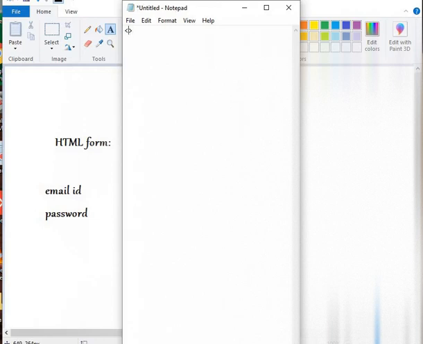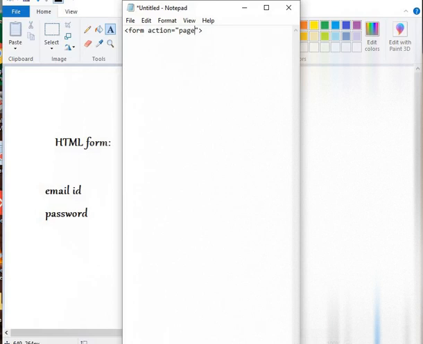So this is a simple syntax for a form tag in HTML. These are the attributes of the form tag. We have action. Here you will provide some page name. It could be a PHP page or an HTML page, right?